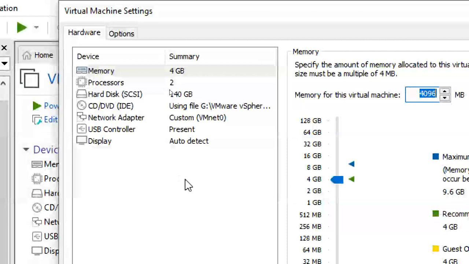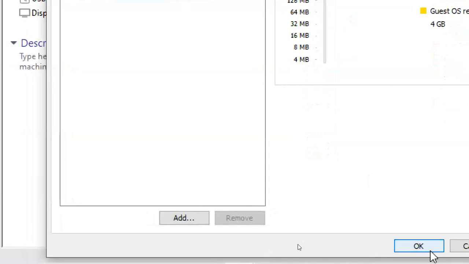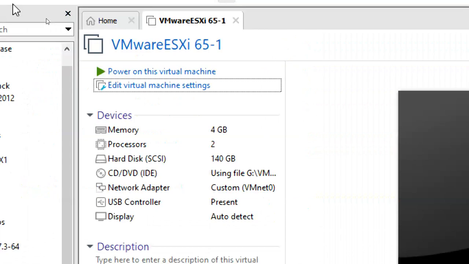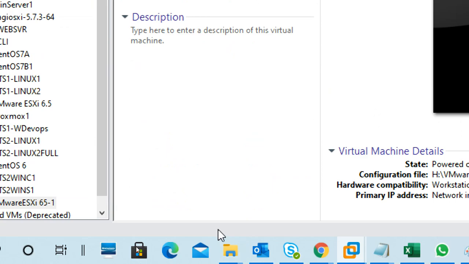With 4 GB RAM here. If you have 16 GB physical RAM, you can put this as 8 GB also, no problem. People who have a 4 GB laptop RAM can't do this. Better to go for Proxmox.